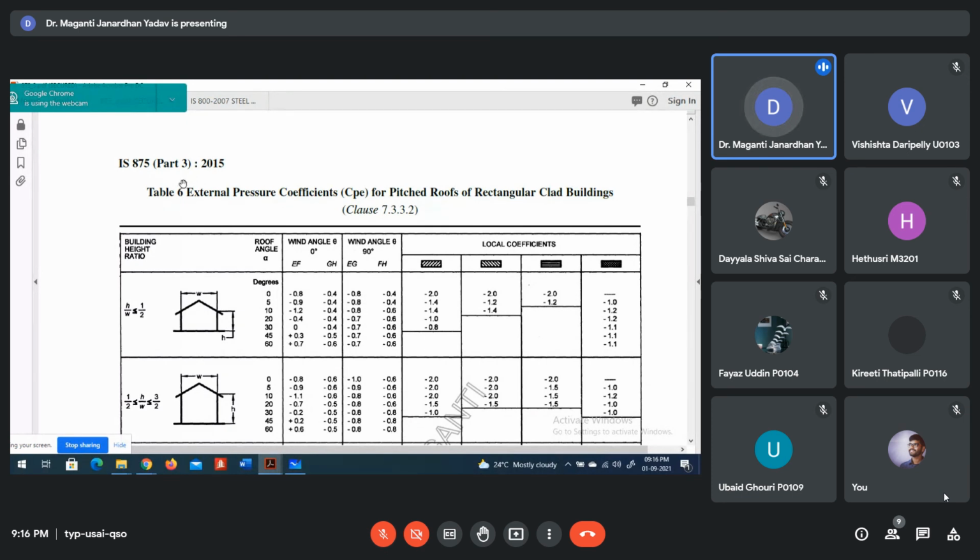Now, you should be familiar with these codal provisions. Live load values we take 2 kN per meter square for residential purposes, 3 for office, and 4 for sometimes industrial. All those values are given in IS 875 Part 2. What is the code book for reinforcing bars? Anyway, we are going to study this in MTech. At that time, in the MTech course, I'll discuss again, if I take earthquake resistant design of buildings in the 5th year.